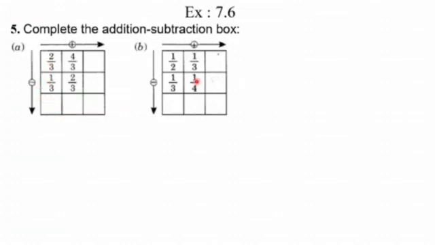Now for B question, as you can see, the denominators are not same. That means these are unlike fractions. To make these fractions like, what do you have to do first? Very good. You have to do LCM first. So 2's and 3's LCM will be 6. And then you will add them after making the unlike fractions as like fractions, row wise addition like this, horizontal movement. In the similar way, while coming up to down, that is column wise movement, you have to do